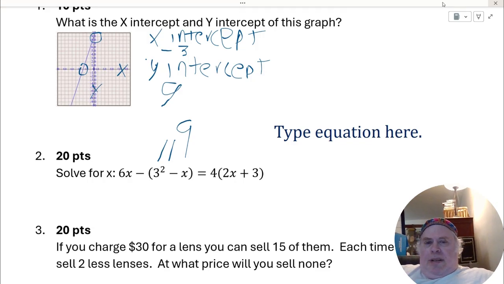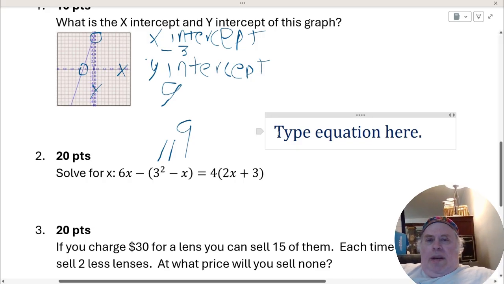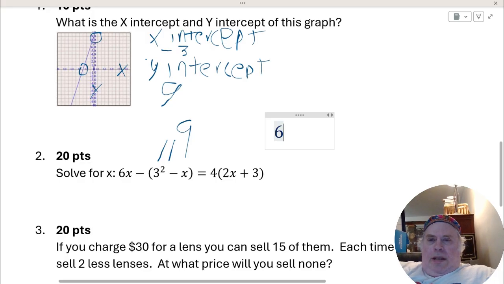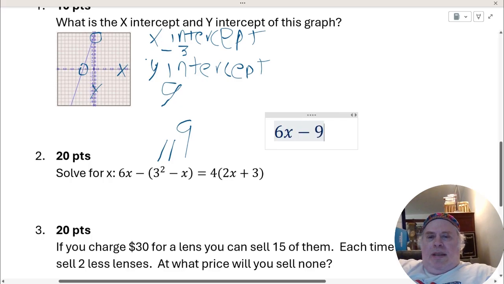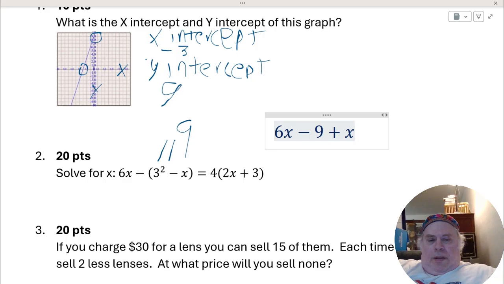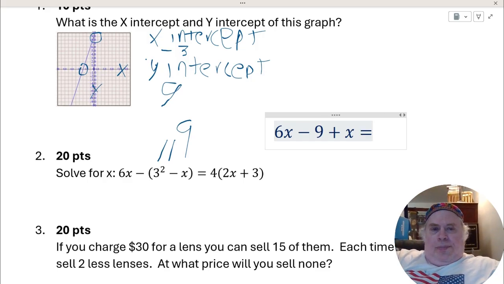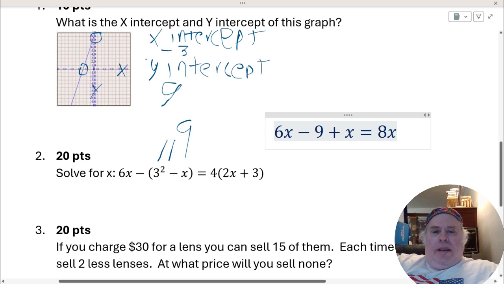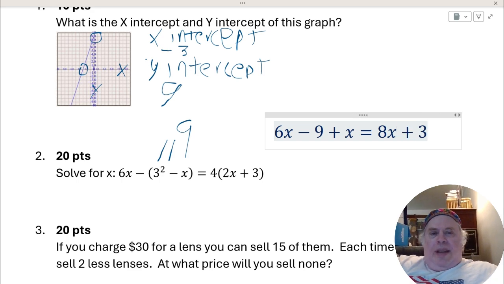So I'm going to take 6x and distribute the minus sign. We're going to subtract 9, and minus a minus is a plus, so it becomes plus x. And that's going to equal, distributing the 4 on the right side, 8x plus